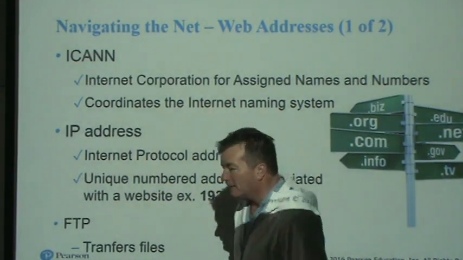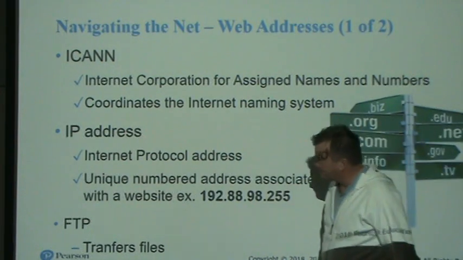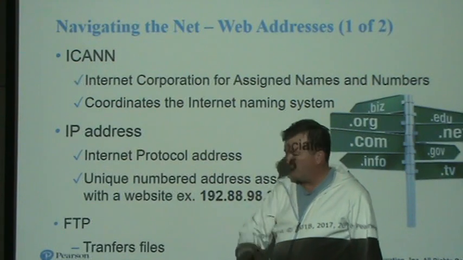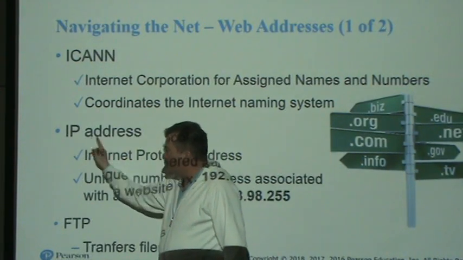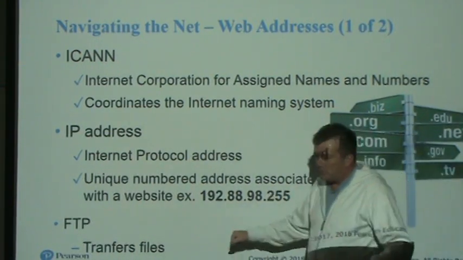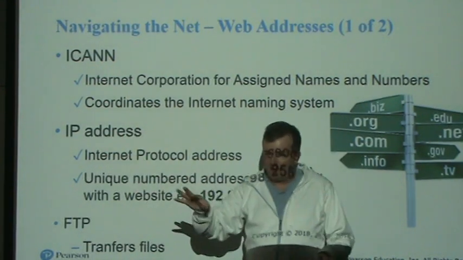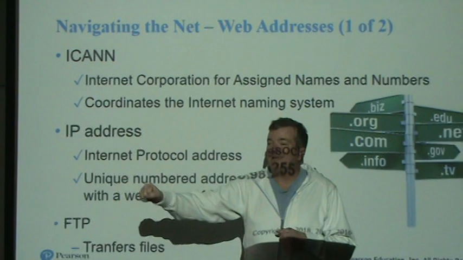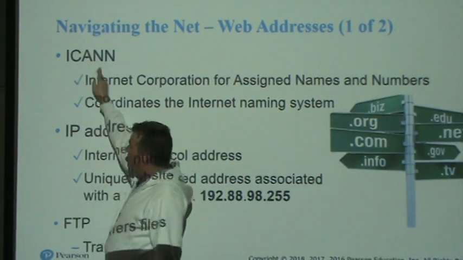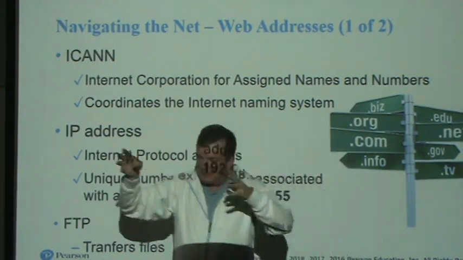So every computer connected to the internet has a unique number associated with it. The unique number, which is like your phone number, which is unique to you, is called the IP address, the Internet Protocol address. So now if you have a machine that you plugged into the internet and you want to get a dedicated IP address, you could go to your ISP company and they can assign one to you. Then, if you've registered a domain name with ICANN, you want to say my domain name maps to this IP address.